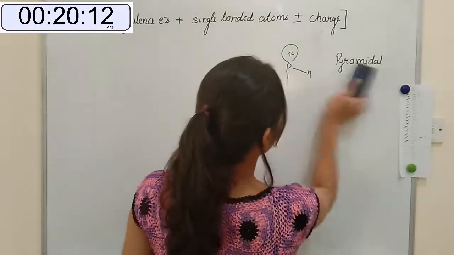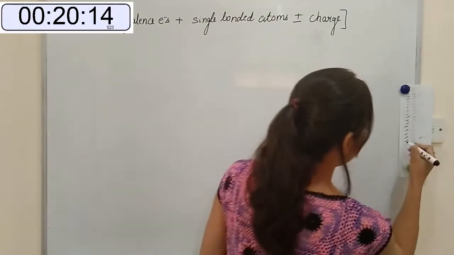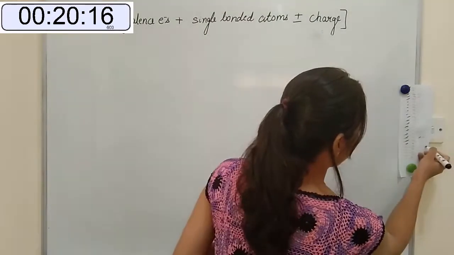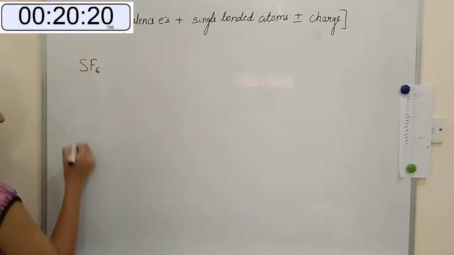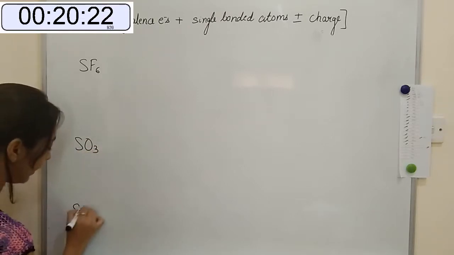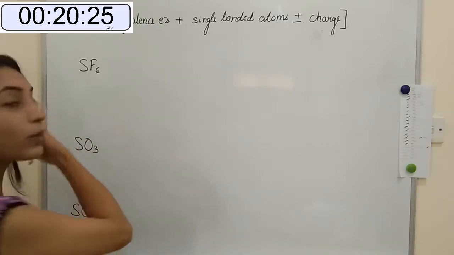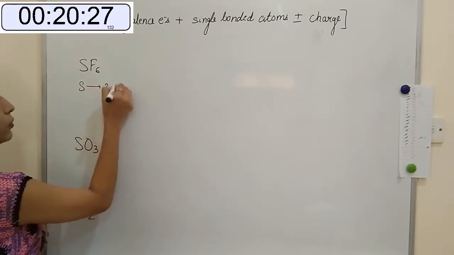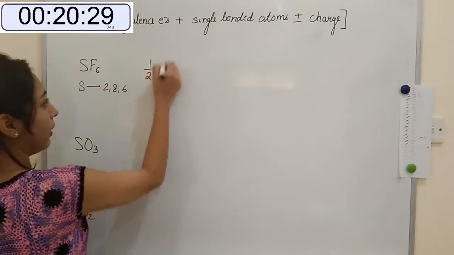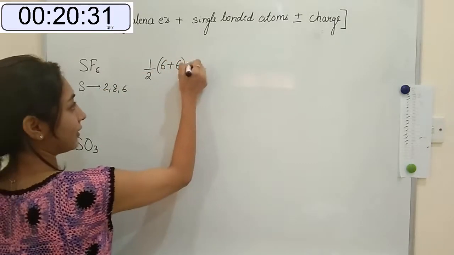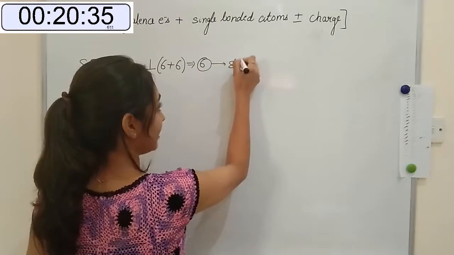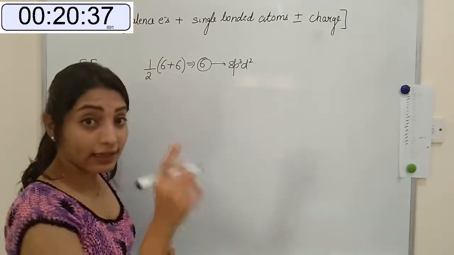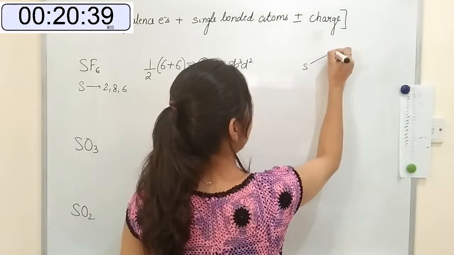We did PH3. Now let us do H2S. We have done SF6, SO2, SO3. Let's discuss these three questions. Sulfur has 6, half of 6 plus 6 is another thing we got, which is 6. So hybridization is sp3d2. And I told you in the last video, it should be